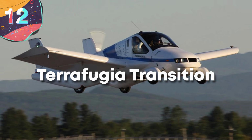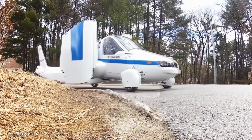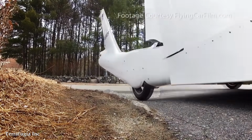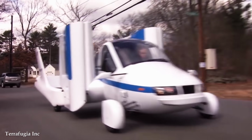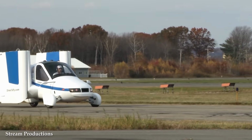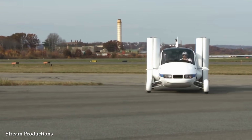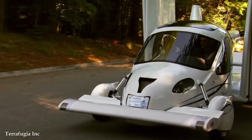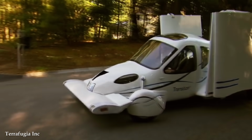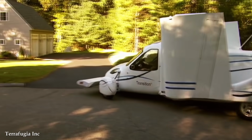Number 12. Terrafugia Transition. The Terrafugia Transition, designed and developed by Terrafugia, which is a company founded by a group of MIT graduates in 2006, is the world's first practical flying car, and it could herald a major shift in the idea of personal transportation. The Transition is essentially a two-seat aircraft with foldable wings that can be driven on roads like